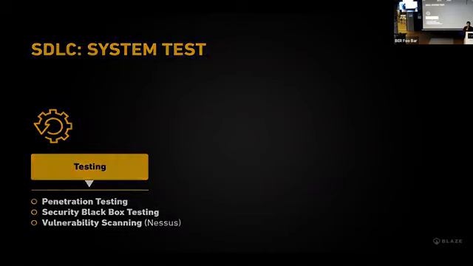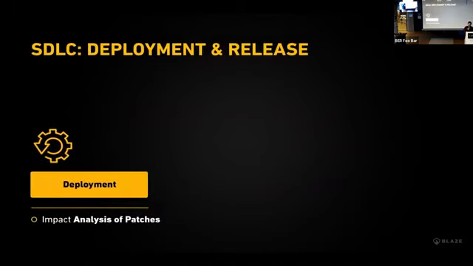Deployments, impact analysis of patches is very crucial. So we might get to the last phase of the development lifecycle, and now Nginx has an RCE, remote code execution. What are you going to do? How long are you going to take to patch that critical bug? This needs to be done because the longer you wait, the more likely you are to be compromised or to introduce these